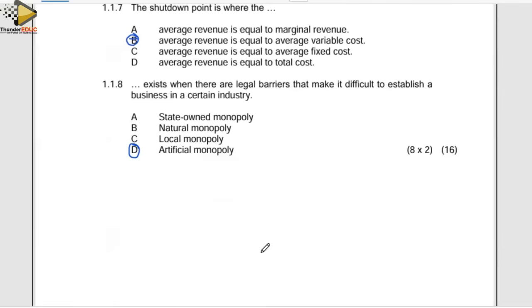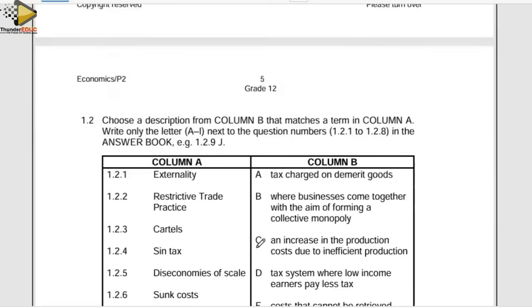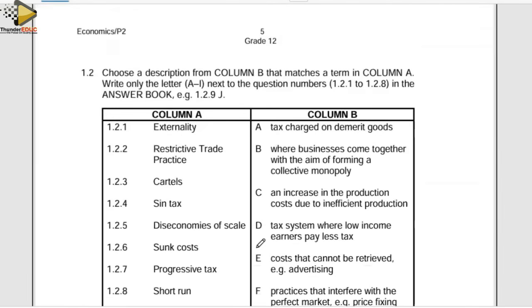Right, that takes us to the end of our first part, which is question number 1.1. We move on to the next section, which is number 1.2. Number 1.2 is a matching column question. We are supposed to match a description in column B with a corresponding item or term in column A. Right, we look at